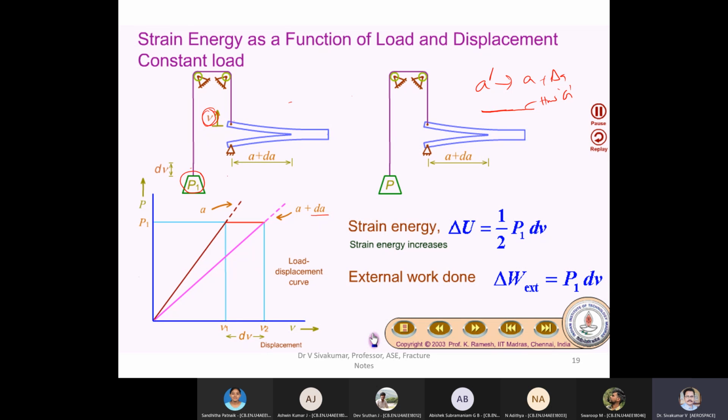Whatever energy is involved, when the crack is advancing, it will consume